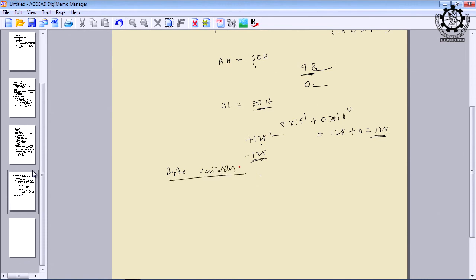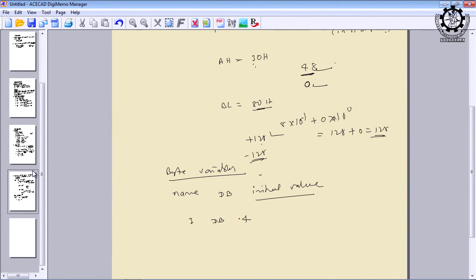Then how to use define byte? Write the name of the variable, then db, and then an initial value. Whatever value you write in this place will be assigned to the corresponding variable. Example: if I is a variable and define byte is my assembler directive, and I write 4, what is the meaning of that?